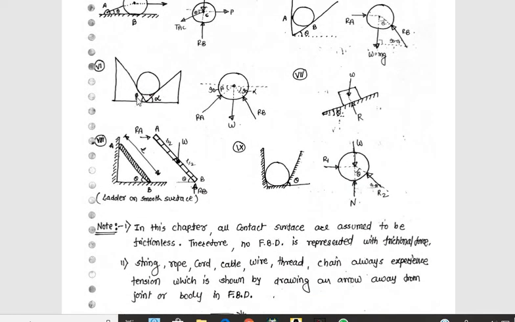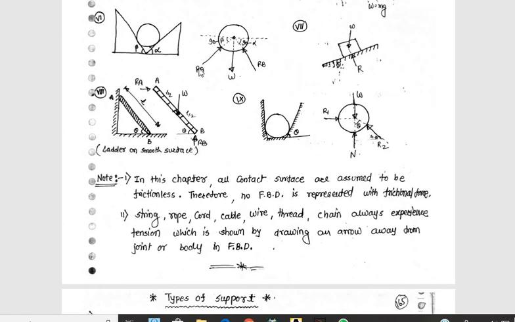Again in the same way, two contact reactions and one self weight. This is an inclined ladder, the ladder friction we discussed in unit number 2 on friction, and here we have drawn its free body diagram. Here there is a contact, so there is a normal reaction. At B there is a contact, so there is a normal reaction, and the weight of the ladder acts at the center of the body, so at L by 2 the weight W. This is the free body diagram of the ladder. This is another cylinder. This is how you have to draw the free body diagrams.